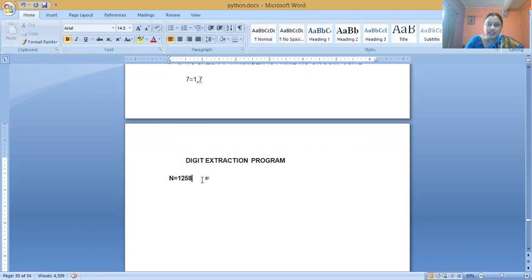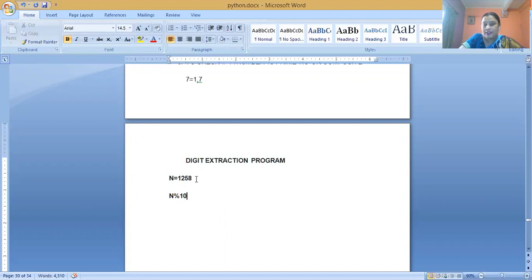We extract the digit by taking the remainder and dividing the number by 10. Suppose we use the remainder operator, n % 10. First of all it will give the value 8, because when 1258 is divided by 10, the remainder is 8.